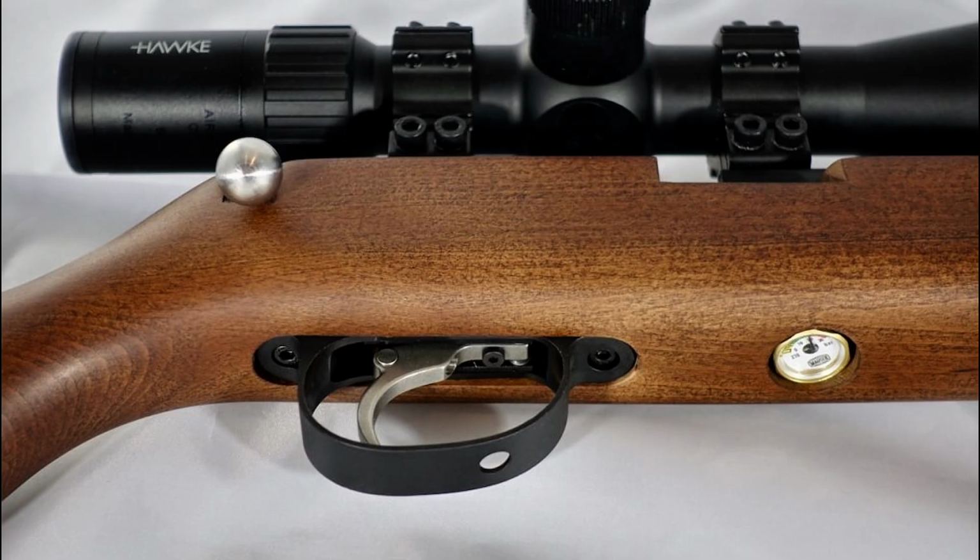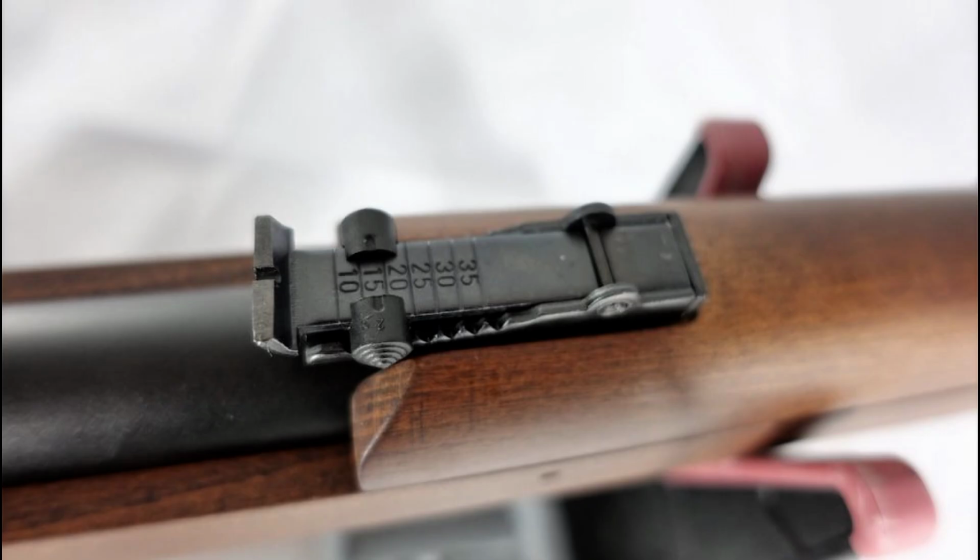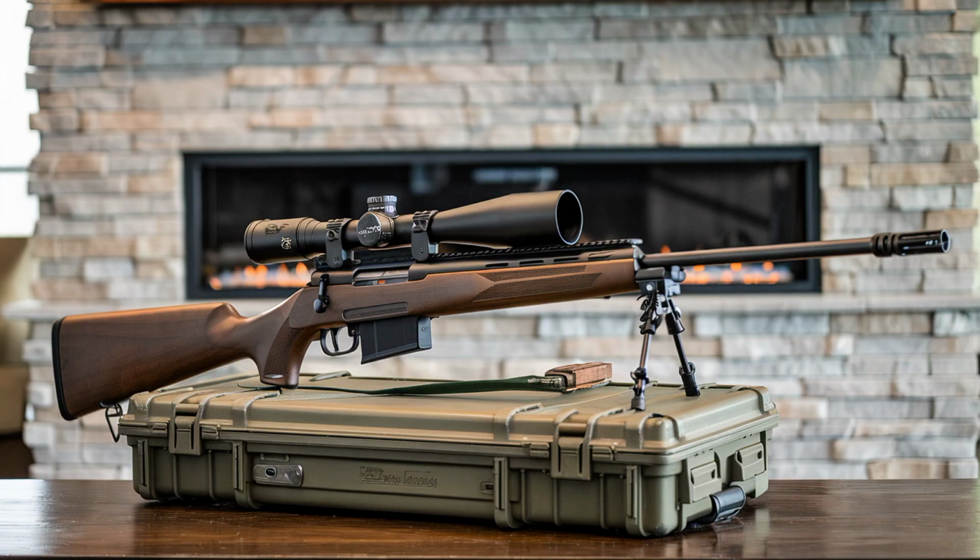Think about it. And let's not forget the emotional weight these rifles carried. For Soviet snipers, the Mosin wasn't just a rifle. It was a lifeline. Every pull of the trigger wasn't just survival. It was vengeance, a silent promise for fallen comrades. On the other side, German sharpshooters wielding the Kar98k carried the pride of a nation that demanded perfection. Every shot fired from these rifles told a story of fear,